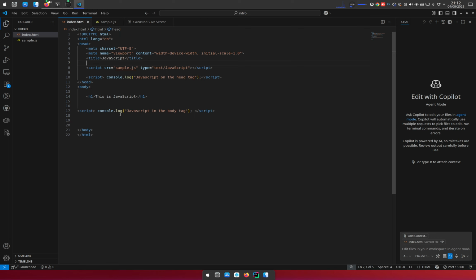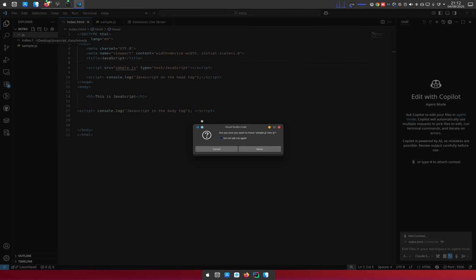Now, there's a trick I feel I should show you, which I've seen other students miss, and that is the location. Whenever you're linking files in your project, always use something we call relative positioning. Don't worry about the terminology, let me just show you what that means. Assume this sample.js was inside a folder, not just in parallel to the HTML. So let's create a folder and call it JS. This is where we have our JS code, or you can call it whatever, you can call it assets. So let's move this inside there.